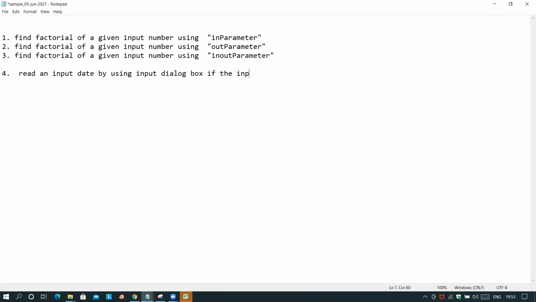So if the input date is less than the current date, okay, if the input date is less than the current date, send that input date to sub workflow. If the input date is less than the current date,